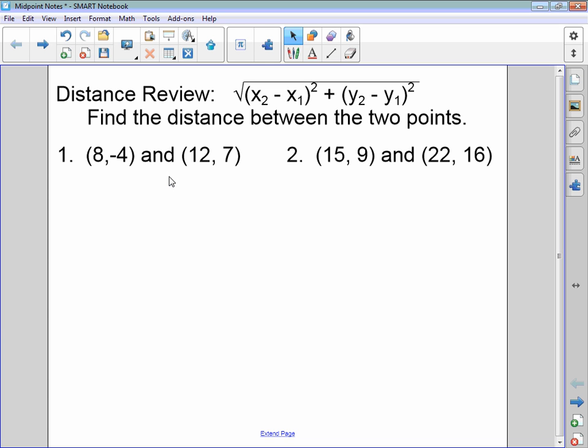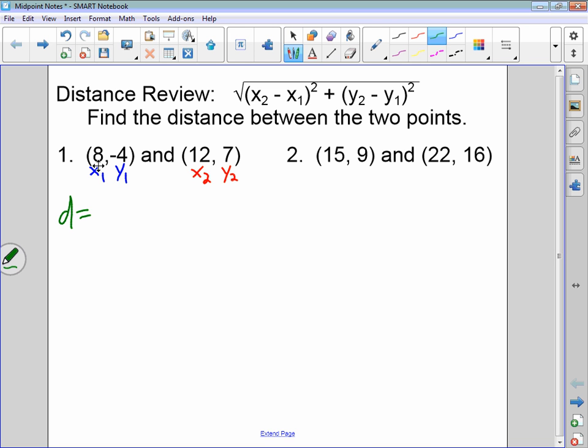All right, so looking at this first problem, we have 8, -4, and 12, 7. We would label 8 as x1 and -4 as y1. You would label 12 as x2 and 7 as y2. Now that we have all of our values labeled out, we will put them into our distance formula. The distance equals the square root of